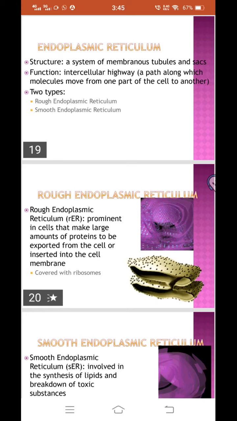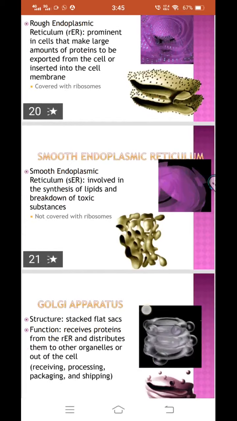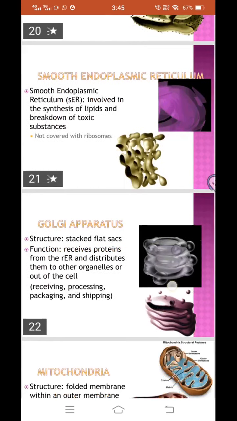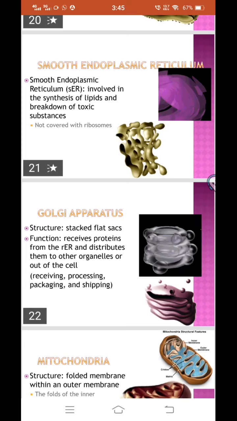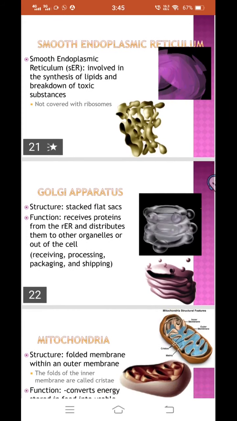Now जैसे यहाँ पर आप लोगों को स्क्रीन पे दिखाया गया है, the endoplasmic reticulum with ribosomes. Okay, so they are covered with the ribosomal granules, and these ribosomal granules are responsible for the roughness of the endoplasmic reticulum. Next we have the smooth endoplasmic reticulum. Now this smooth endoplasmic reticulum involves the synthesis of the lipid, and it is responsible for breaking the toxic substances, यानी कि जो large substances होते हैं which are harmful to the cell, those substances are broken into smaller units, and this is done by the endoplasmic reticulums.